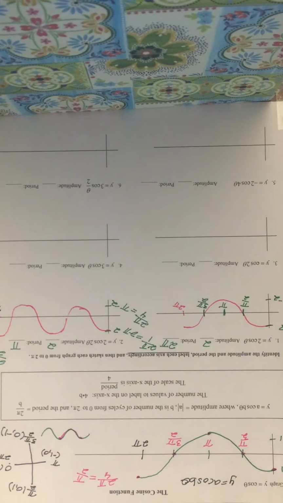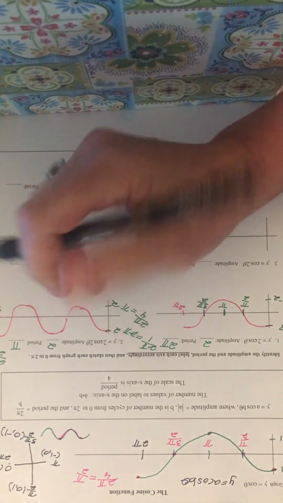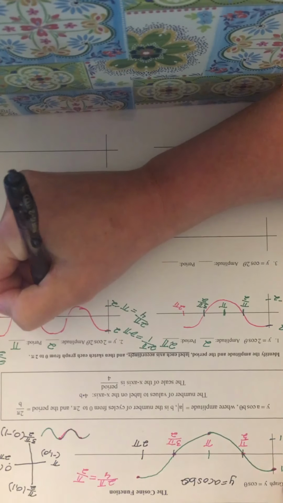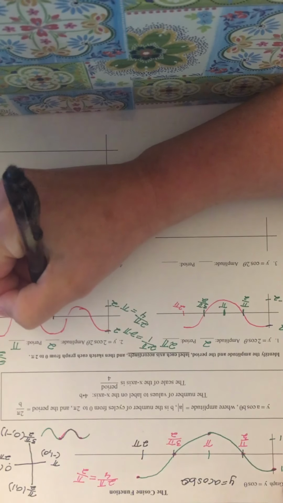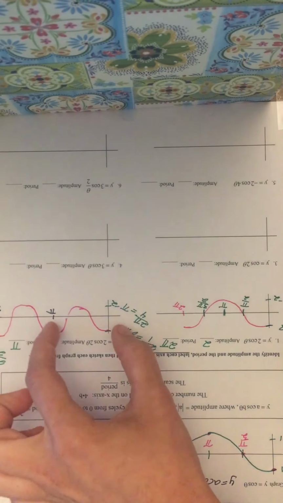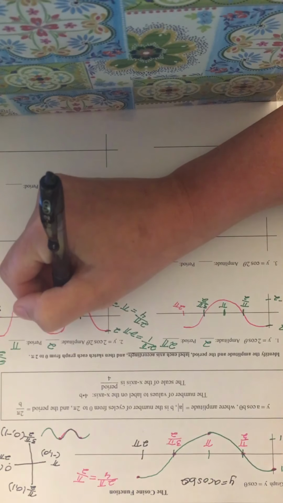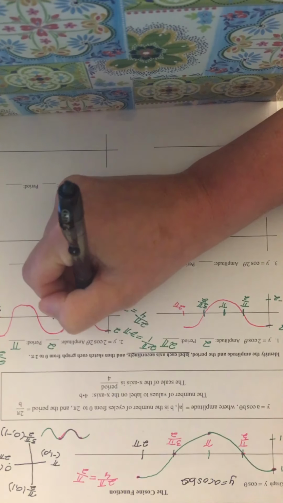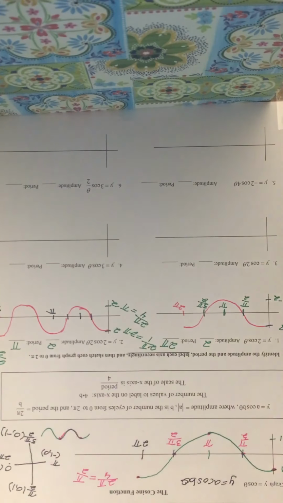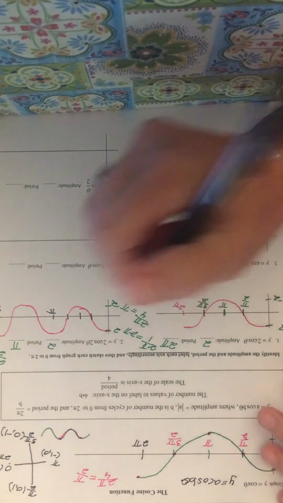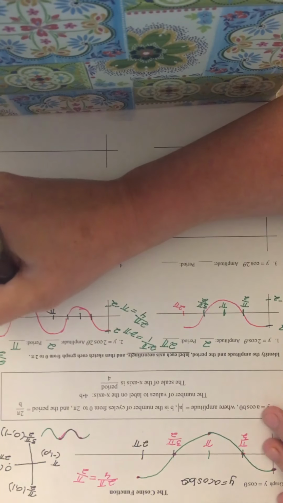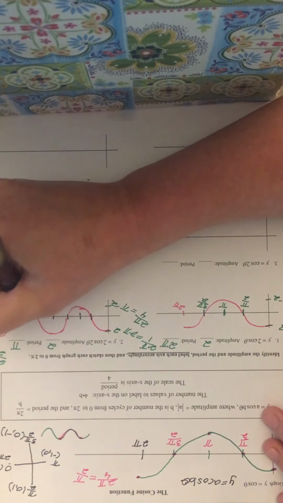Our period is pi, so we'll go halfway here, and that will be pi. Since pi is our period, we have to divide our period into 4 equal pieces. So 1, 2, 3. It doesn't look equal because of the way I drew it, but these should be 4 equal pieces. We'll do the same here. 1, 2,